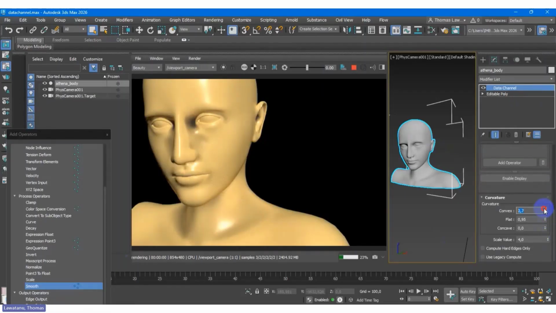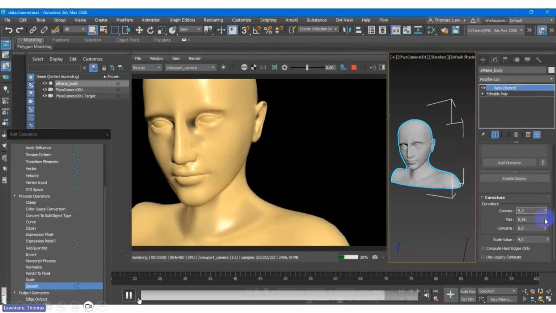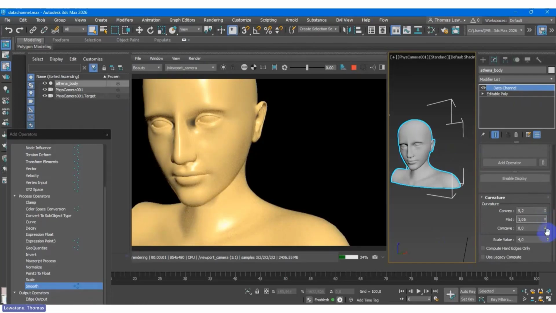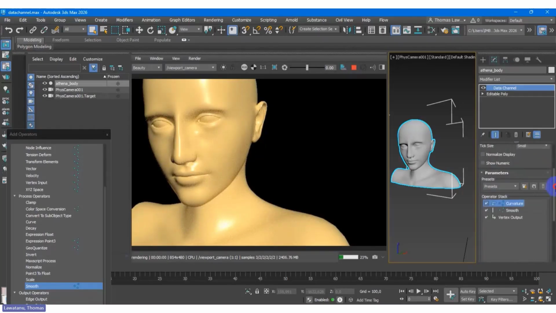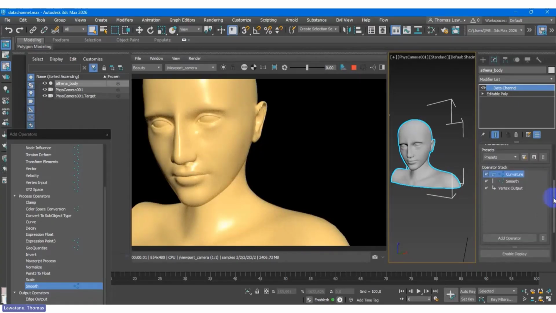Even though it's a bit off, I need to adjust. It's easy. You can go to the convex, flat information, anything. See? This will have an impact. You only adjust inside the data channel modifier, then it will be reflected, a linkage to your material.